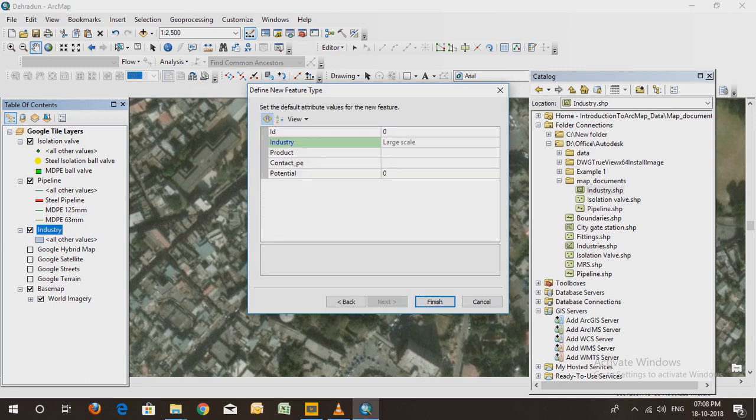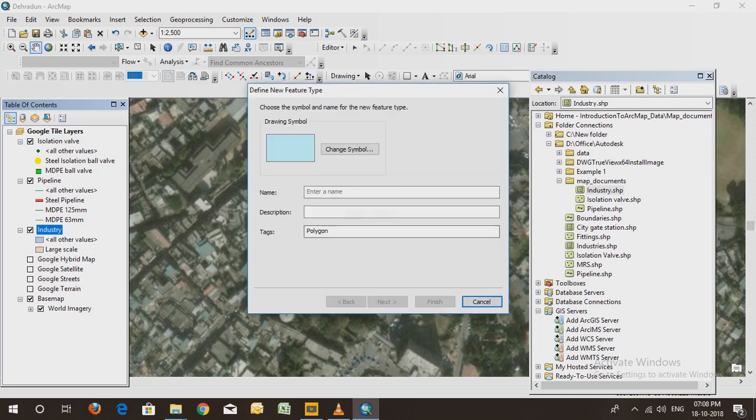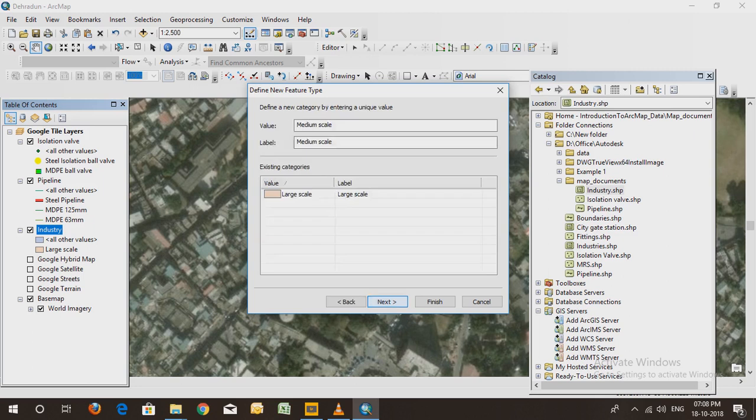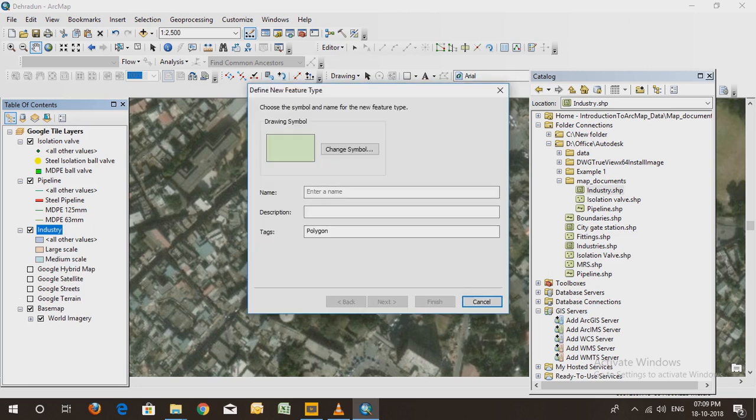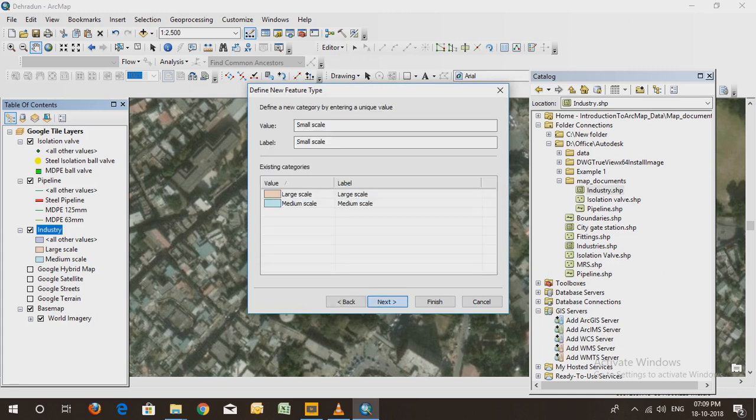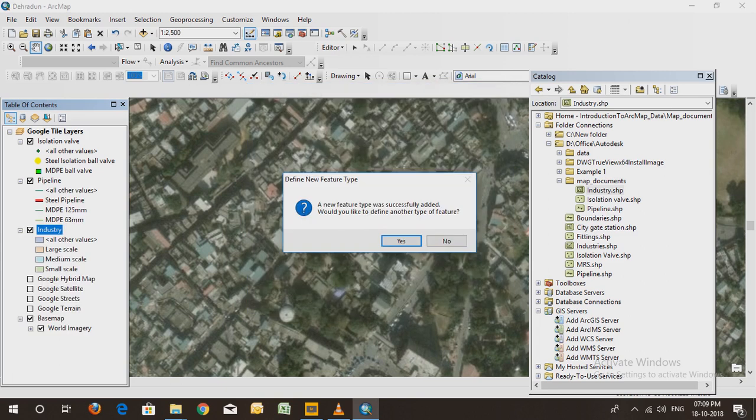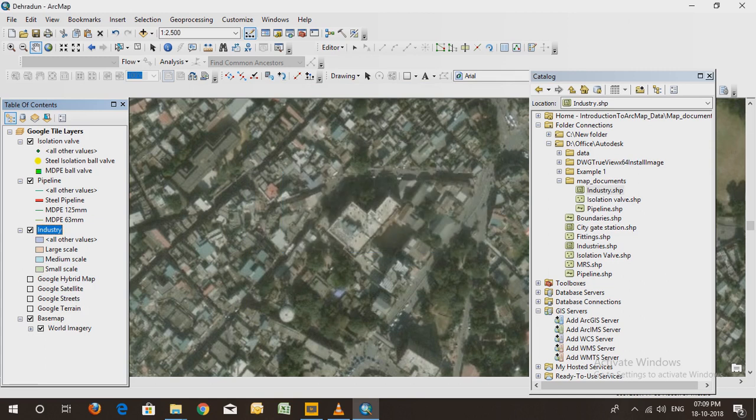Then medium scale, okay, next, finish. And then small scale. Different colors are automatically shown in this. So now you can keep on adding types if you want to add. So I think 3 are sufficient for me. So click no. Okay, now again go to the editor,